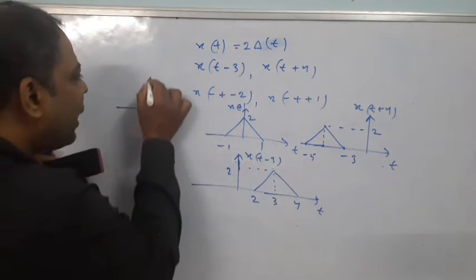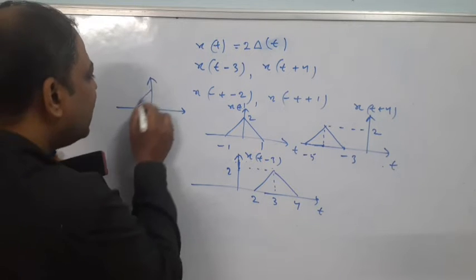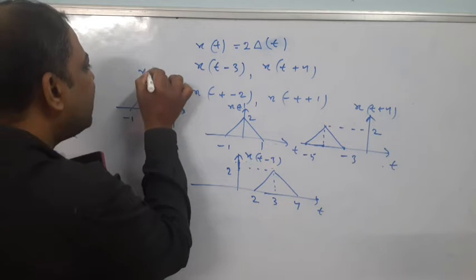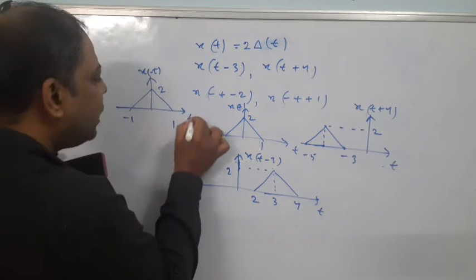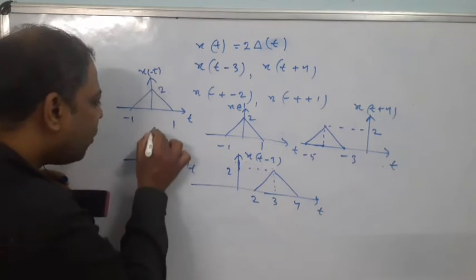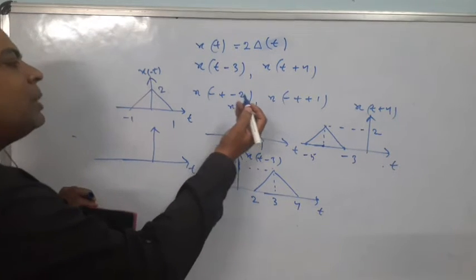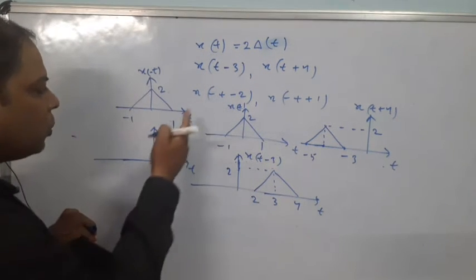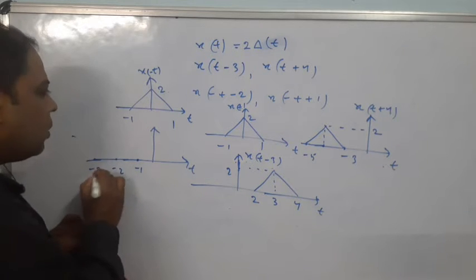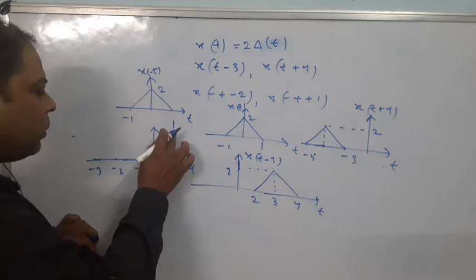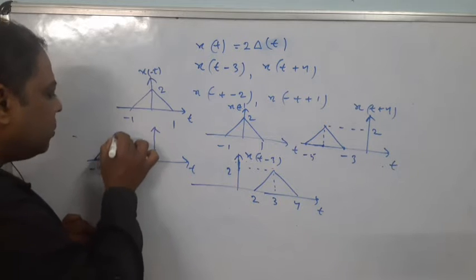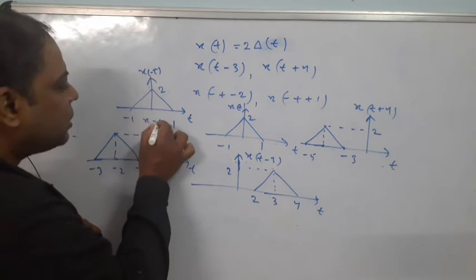So if you first fold, what will you find? The same, because you are putting a mirror here. Minus 1, 1, this is 2, this is x of t, and now this is x of minus t, this is the time axis. Then shifting: minus 2 means you have to shift towards the left, not right. This is actually the concept. By what amount? 2. So this will start from minus 1, this is minus 2, this is minus 3. Why? 1 minus 2 is minus 1, and minus 1 minus 2 is minus 3. So you will find this figure. This is the peak point, this point is 2, this is x of minus t minus 2.